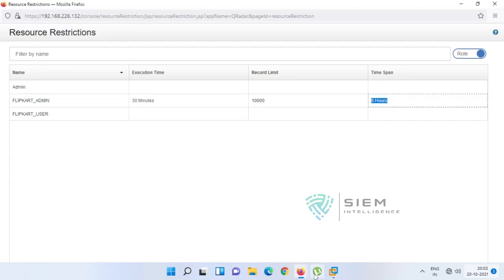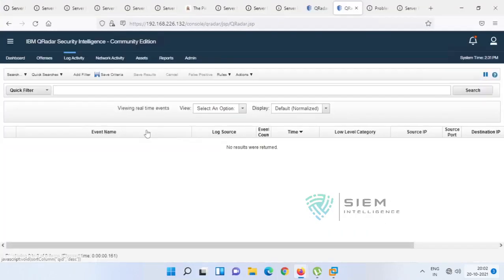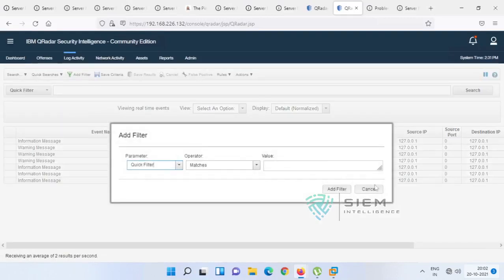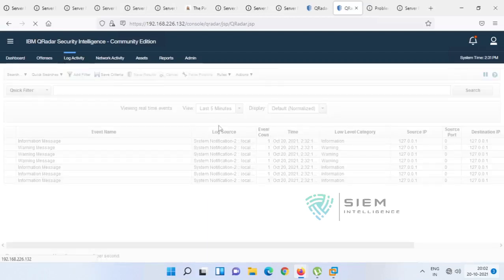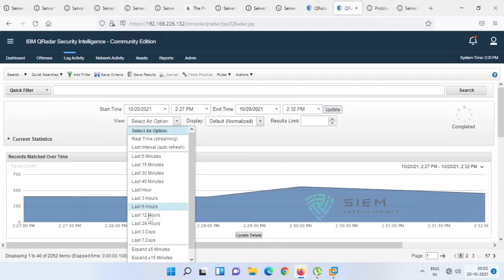So if you make any changes in this particular log activity, that particular Flipkart admin can't go beyond it, say when filtering for a time range. First and foremost, he can't go beyond 6 hours. If at all he goes, the result will be a maximum of 6 hours only.